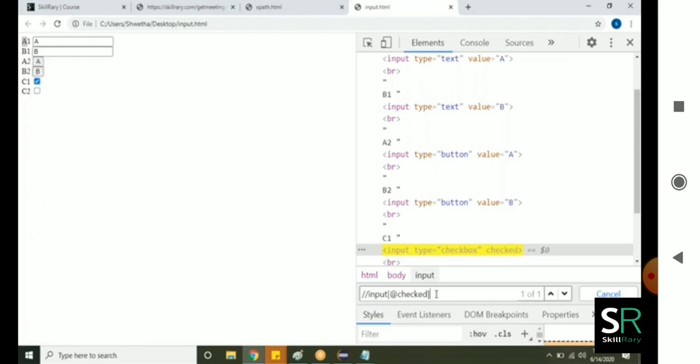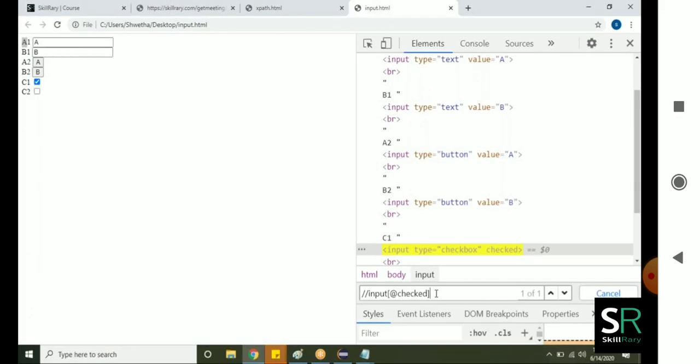Now, the last one: I want the unselected checkbox. How to write it? First you have to use at the rate type equals checkbox, and not of checked. You can also use it like this.